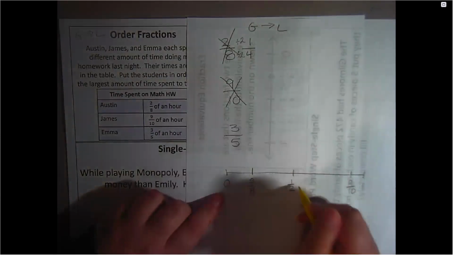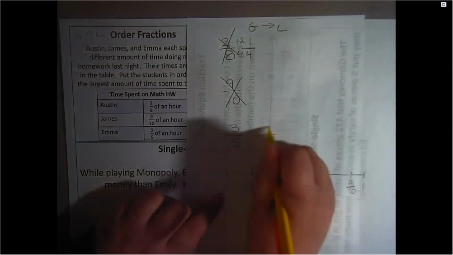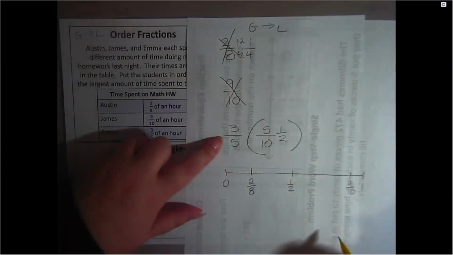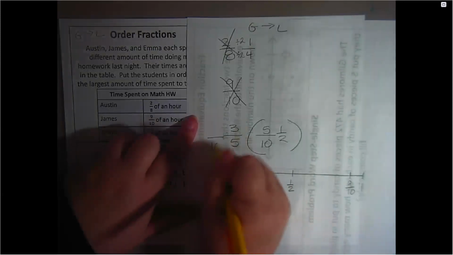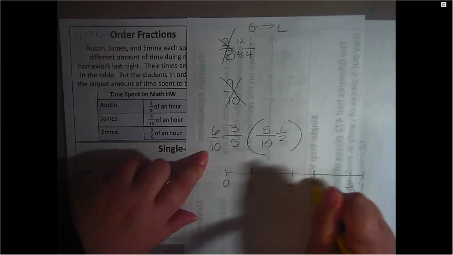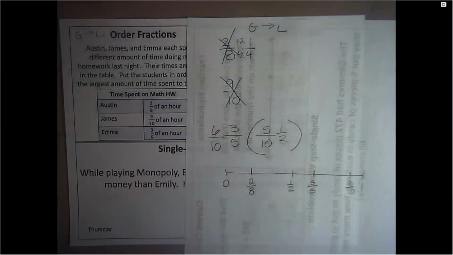So 1/2 in fifths, equivalent to 1/2 would be 5/10. This is 1/2, right? They are the same thing. And 3/5 is less than 1/2. So actually 3/5 in 10ths would be 6/10. So it's greater than 1/2. So 3/5 would go right about here. So based on what I've come up with,